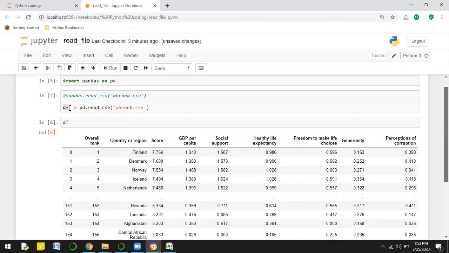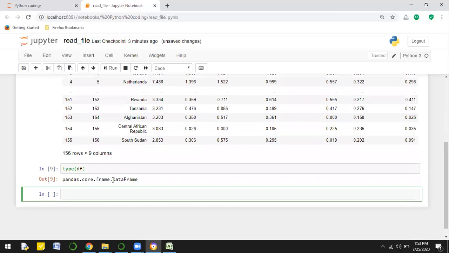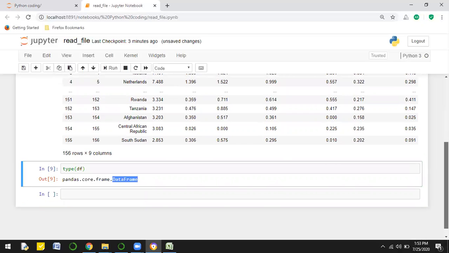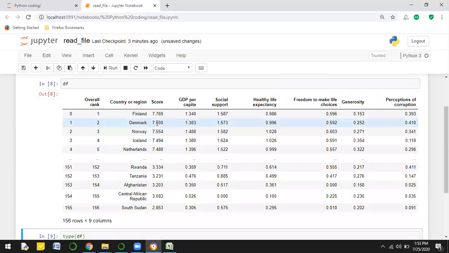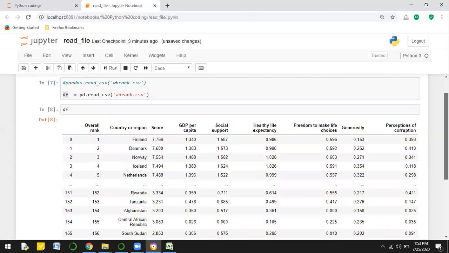And let's see what the data type of this df is. So type of this df is DataFrame. So this information is being stored in a variable whose data type is DataFrame. Also, if you want to go through the different parameters of this data set, I'll be creating a different video where I will explain the functions of the different things involved in it.